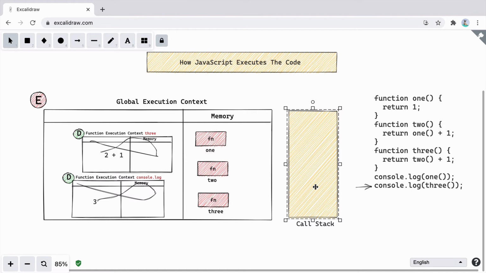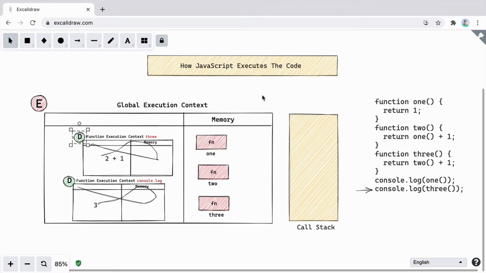That has advantages and disadvantages also. The advantage is that you don't have to manage multiple roads or multiple call stacks. You just have to manage one. But the disadvantage is that at one point of time, you can only execute one piece of code. So in this way, we got to understand what a call stack is and how it helps the engine to execute the code one after another by keeping track of which code is executing at which point of time.